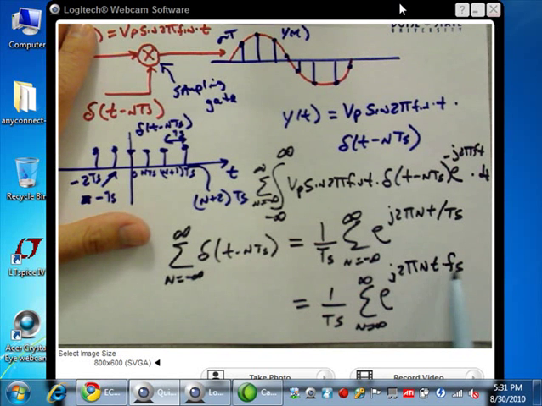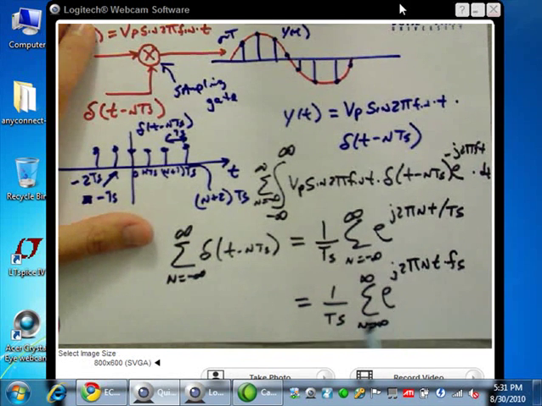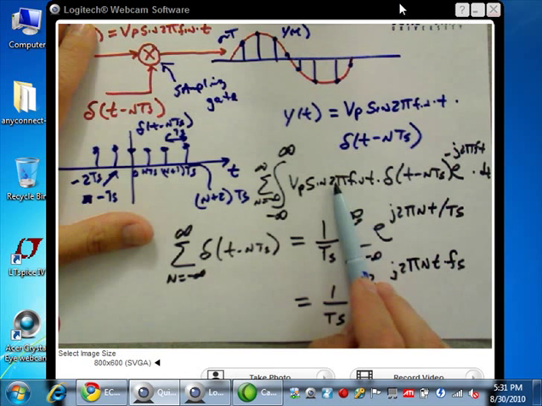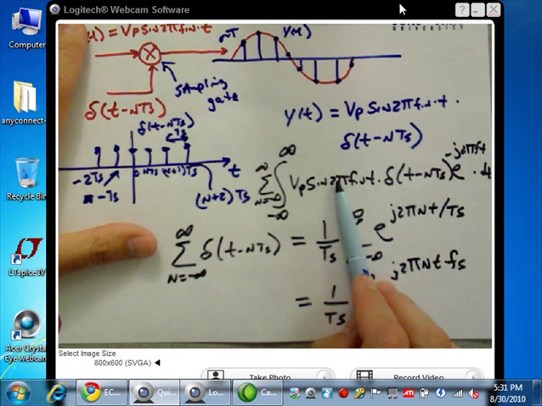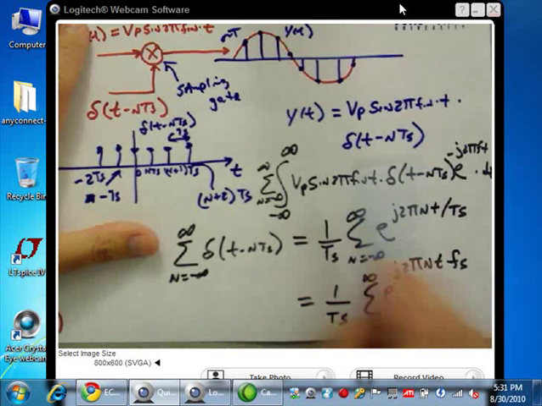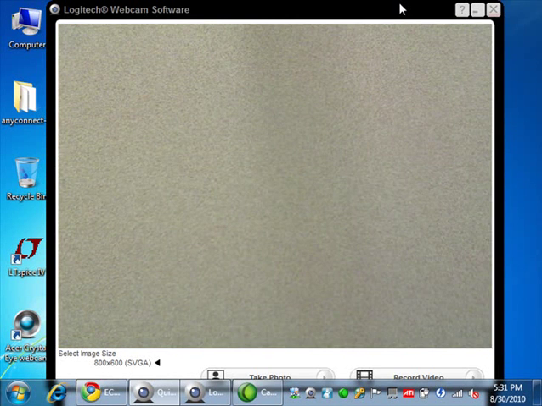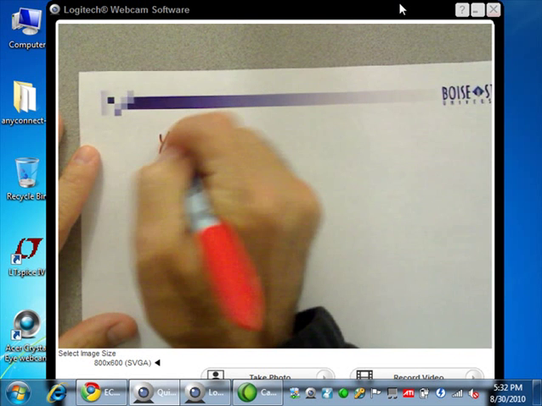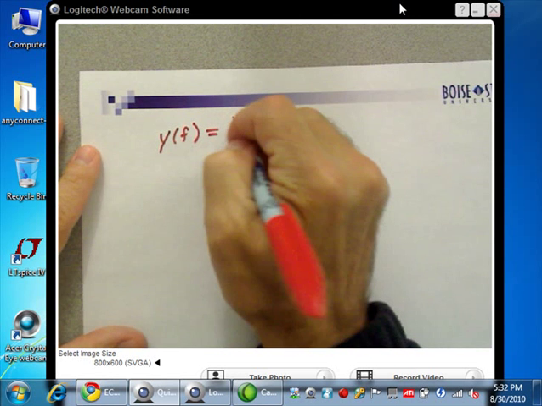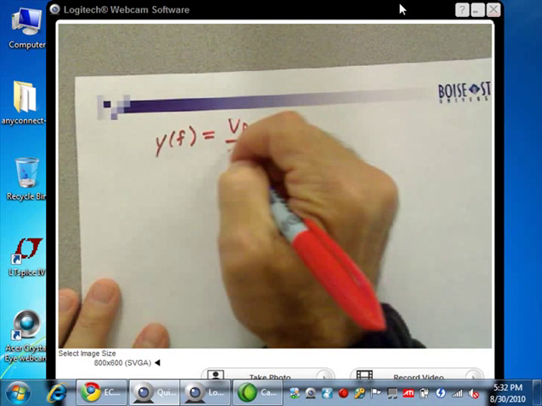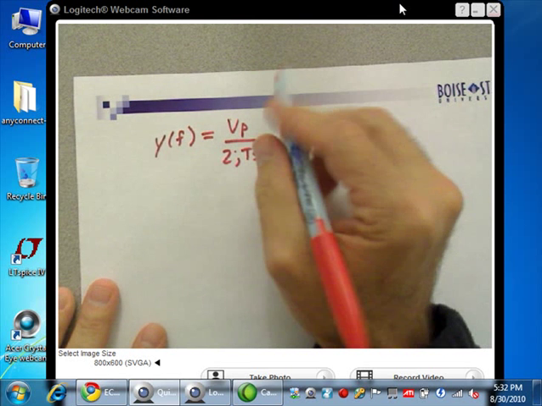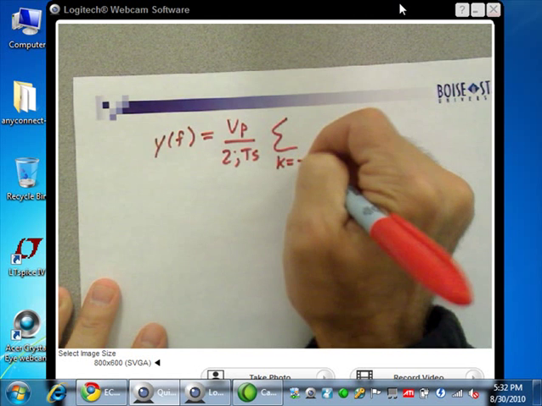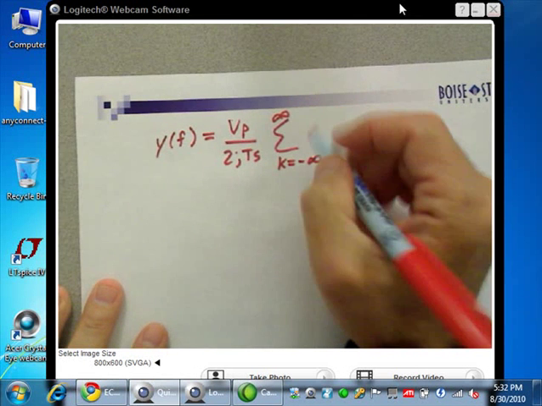Now I look at this and I go, okay, how do I use that? Well, what I'm going to do is plug this into the Fourier transform here, represent the sine using the e to the j minus e to the minus j stuff over 2j, multiply everything through, and if I do that, what I end up getting is that the output of the sampler is Vp over 2jTs, from k equal minus infinity to infinity, of